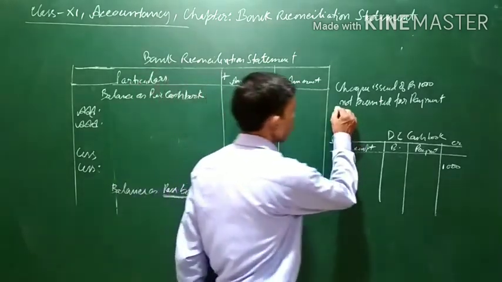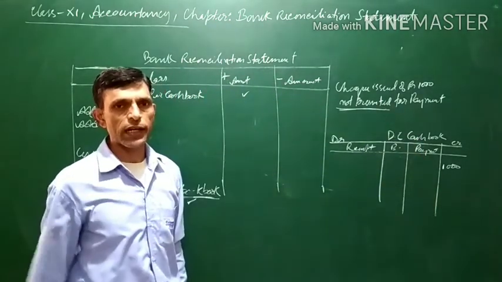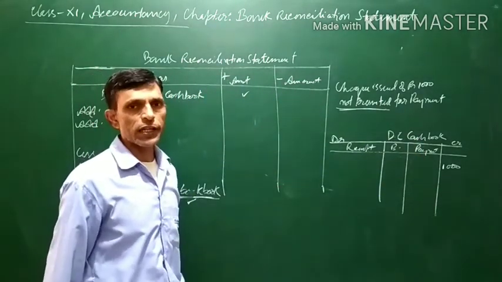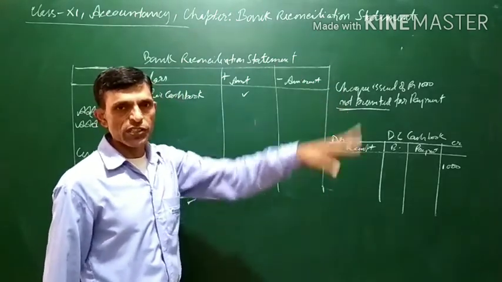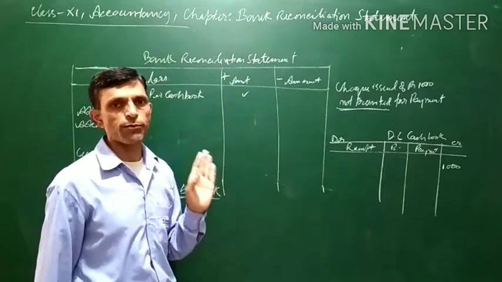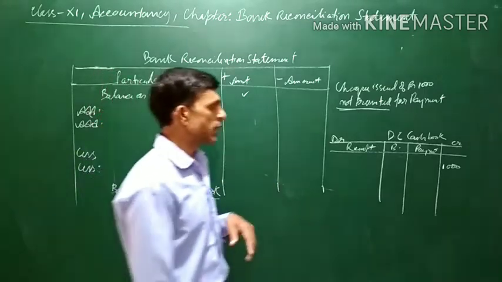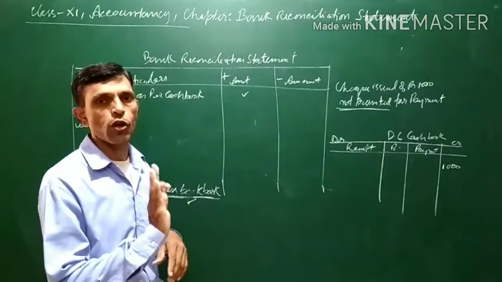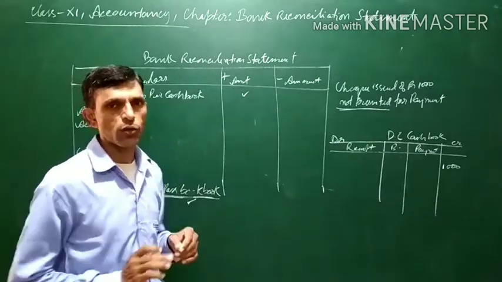But the person to whom the check was given did not get the check encashed. Means the person did not go to the bank for encashing, so the amount will not be withdrawn from the bank. So in the bank statement no withdrawal will be showing. Means our bank balance will be showing an excess of 1000.